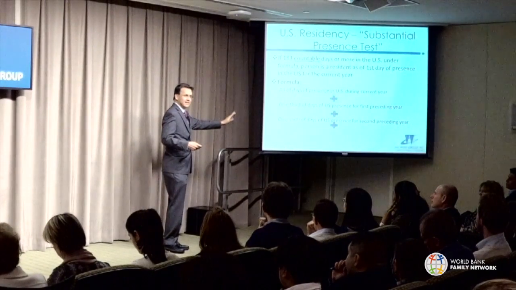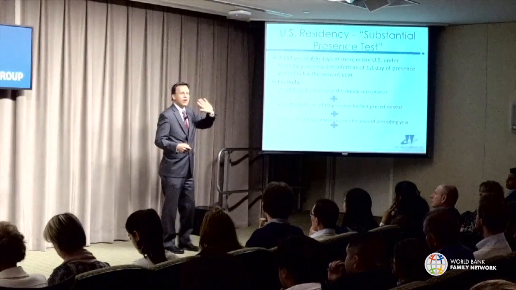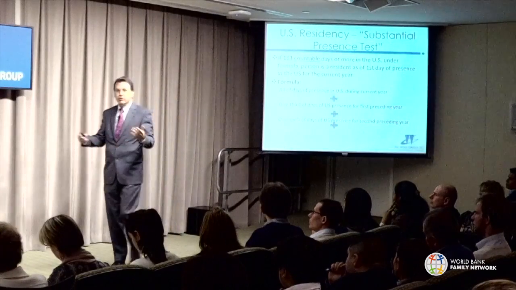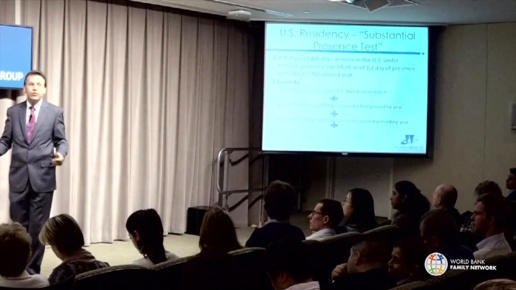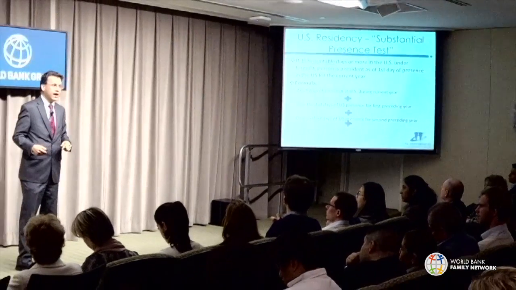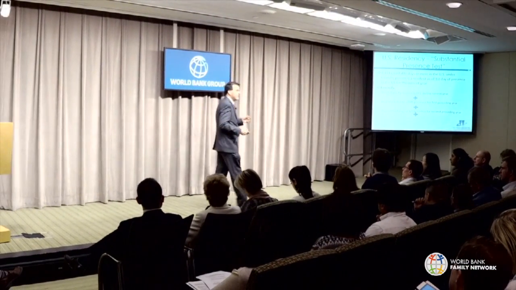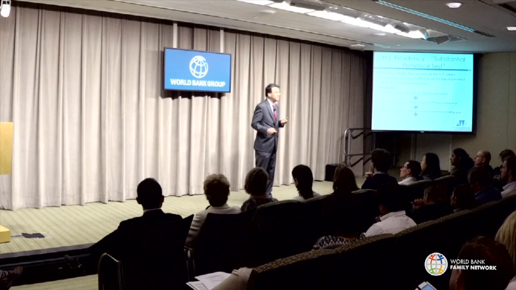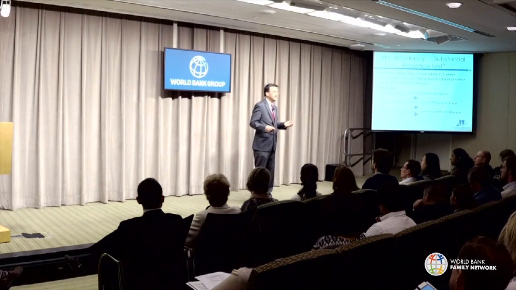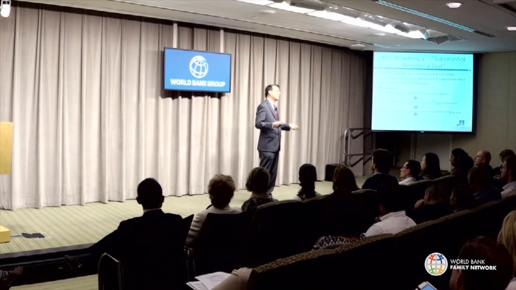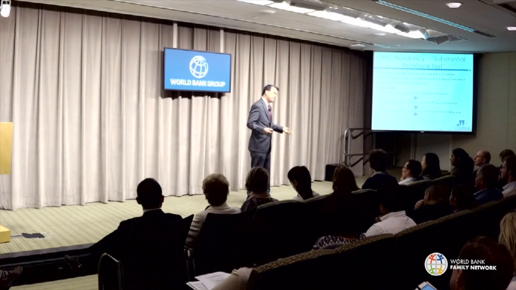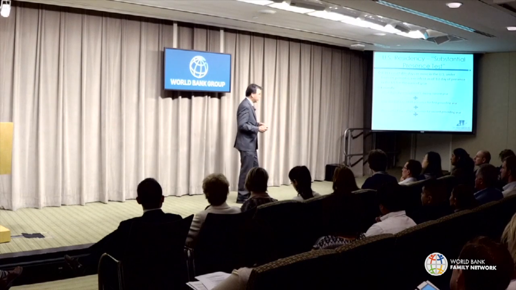So just tell grandma and grandpa that, based on this rule, they have to watch out for their number of days in the U.S. And it doesn't matter what type of visa they come in under. So if they come in under a tourist visa or what have you, this test will still apply. And once they get to the 183-day mark, this is the general rule for tax residency. Just tell them, Grandma, I'm sorry, but you were here too long in the U.S., and now you have to file a tax return, or you may have to file tax returns to the U.S. on a full worldwide basis.